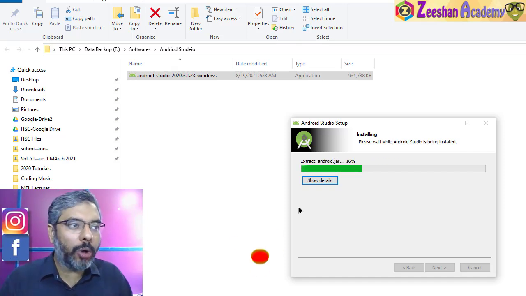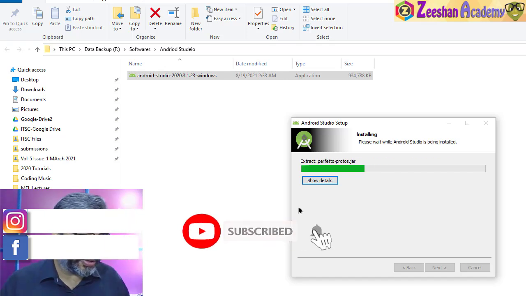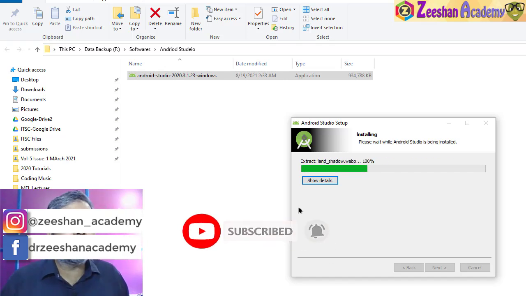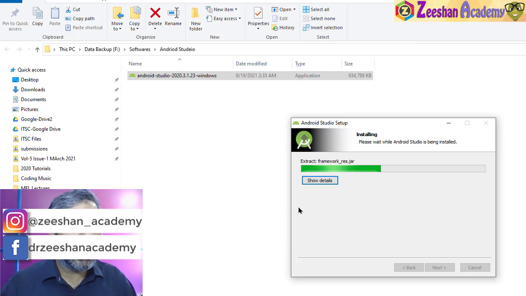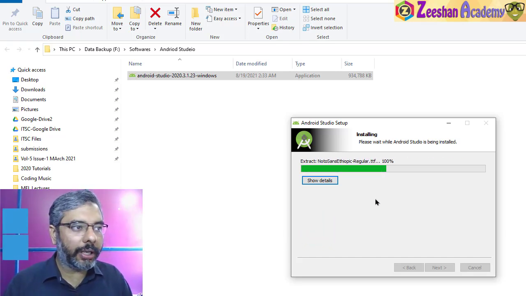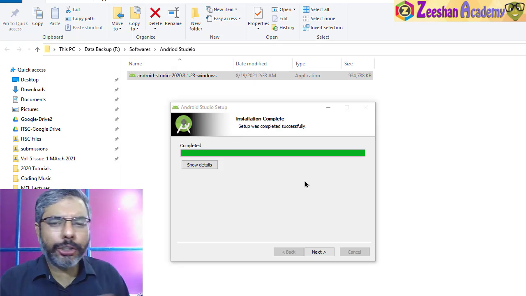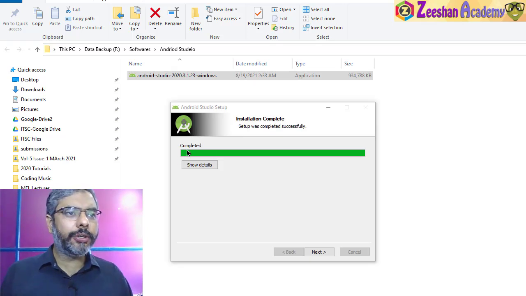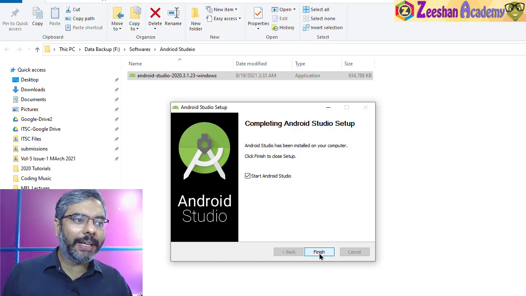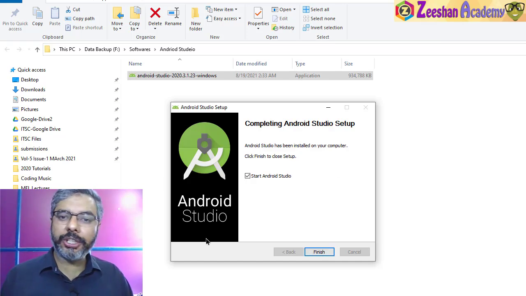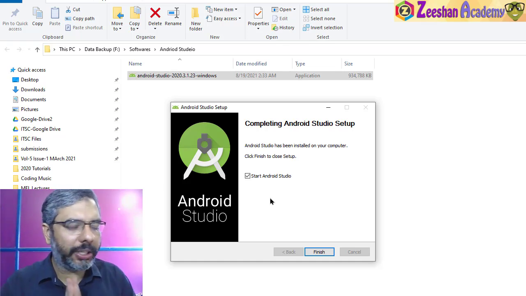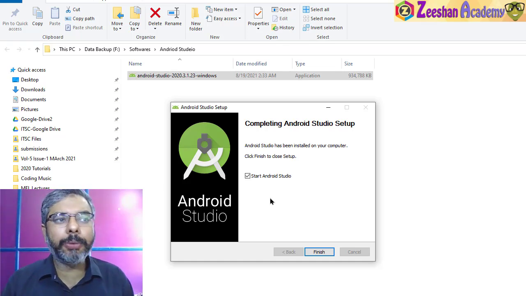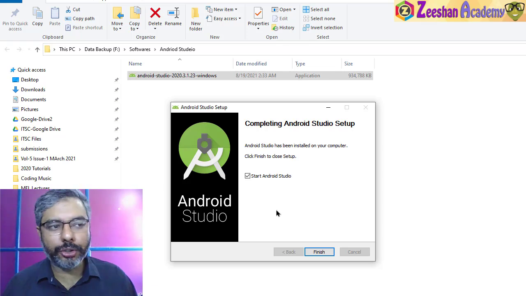Most people do ask me how we install Android Studio and what we should do. These are the simple and basic steps that you are required to do. No fuss involved. Okay, so let it run. It's installing and we wait till it's complete. It took less than 2 minutes to complete the installation, and you see the installation was successfully completed. Click on next, and now my installation is all done. Start Android Studio. That's all it requires to install it. It takes less than 2 minutes. Very simple and very basic process of installing Android Studio.